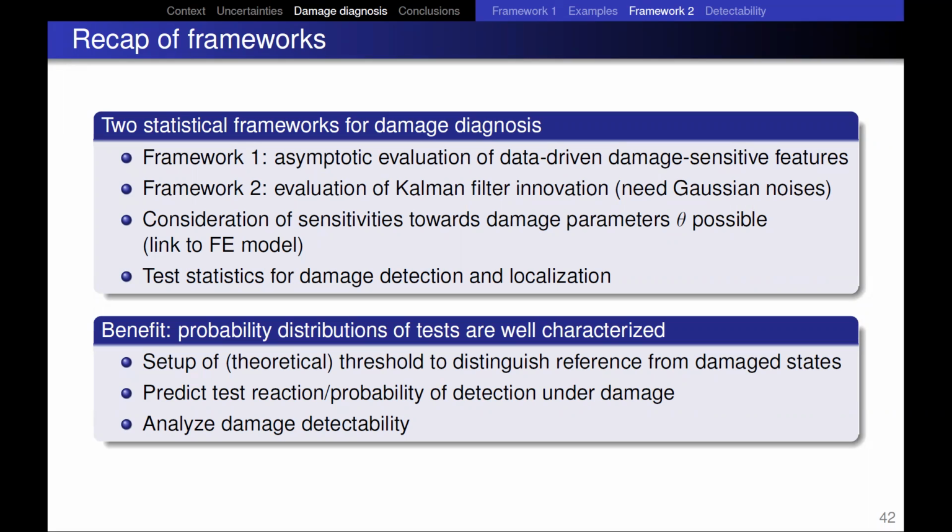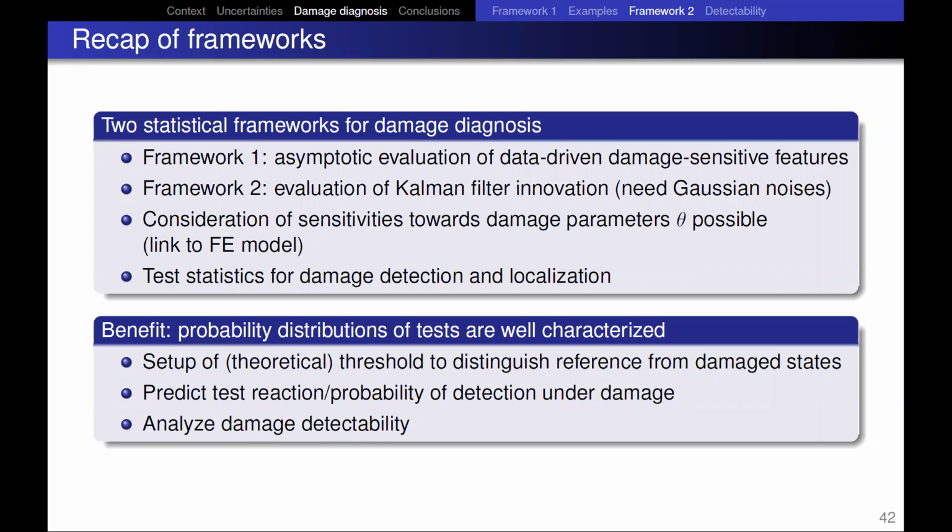So the benefit of those frameworks is that we can very well characterize the probability distributions of the tests, in the reference state as well as in the damage states, because we know the chi-square distributions and how they depend on our damage parameters. So we are able to set up theoretical thresholds to distinguish the states, and more importantly, to predict the test reaction under damage, and to some extent the probability of detection. In that sense, we are able to analyze the damage detectability,